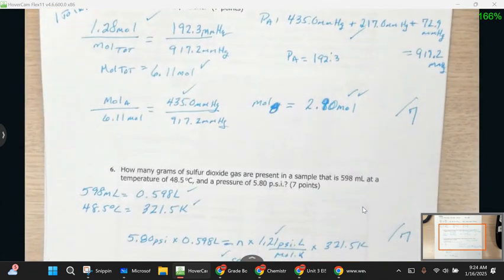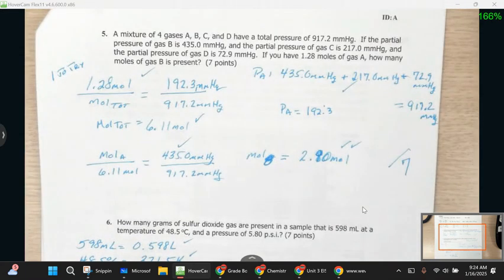Excellent. Wonderful. Probably the hardest one on here was number 5, ladies and gentlemen, because it required you to do the most work. You have a mixture of 4 gases. They give you the partial pressure of 3 of them, which means you need to use this formula here to find the 4th. P of A plus P of B plus P of C plus P of D equals the total pressure. I had all but P of A, so when I solved for P of A, I got 192.3